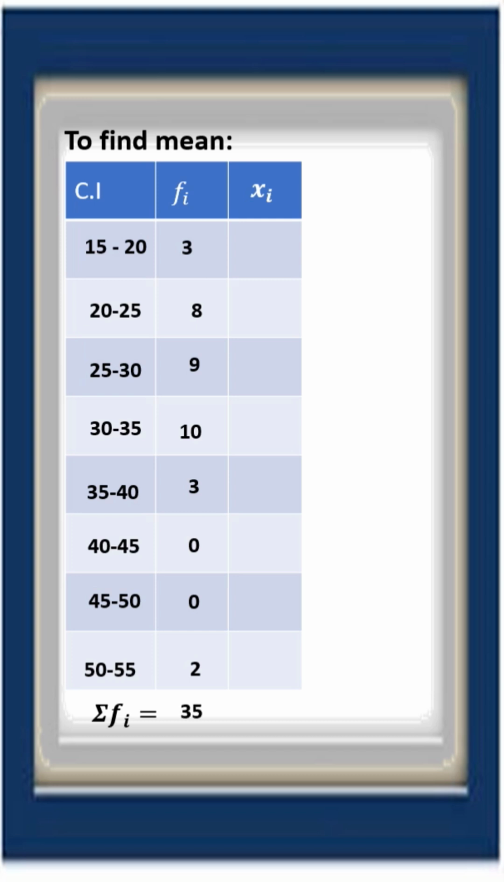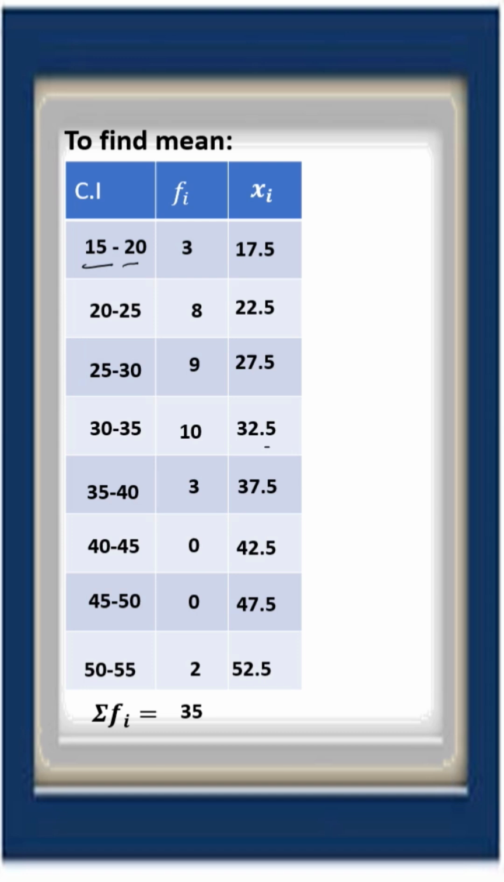I'll get class mark or xi. Add these two numbers. What will you get? 35. 35 by 2, that is 17.5. Now go on adding class size, that is 5, to get the class mark of the next class interval. 17.5 plus 5 is 22.5, plus 5 is 27.5, plus 5 is 32.5, plus 5 is 37.5, plus 5 is 42.5, plus 5 is 47.5, plus 5